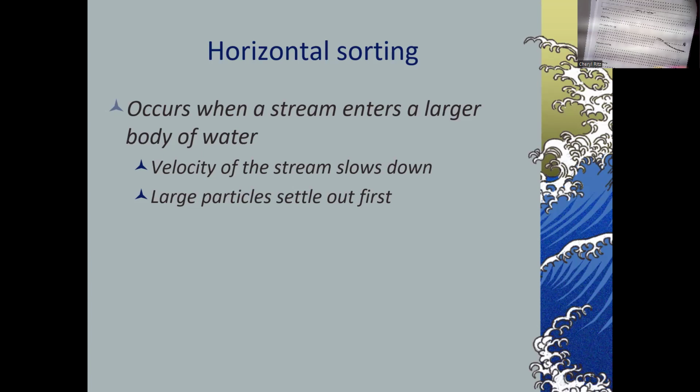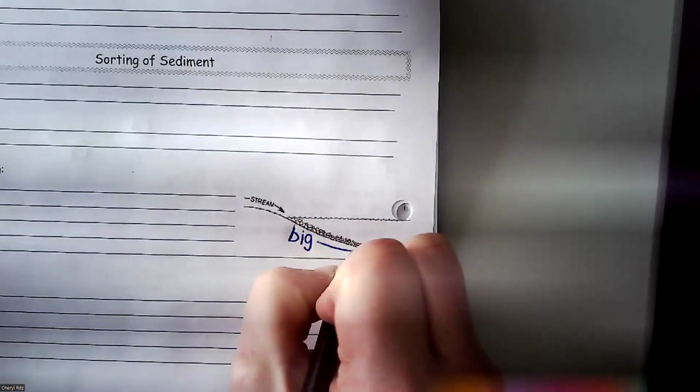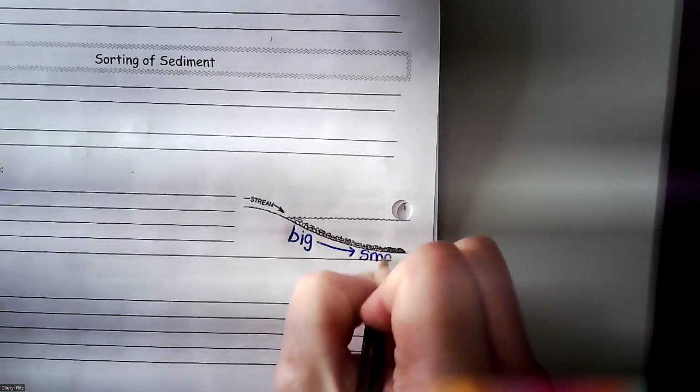Okay, so that picture that I'm talking about right here, what do you notice? So we've got the stream, a stream was flowing, enters the lake. And what do you notice about those rocks? Yeah, Chris, what do you see there? Bigger ones. Yeah, big, and if you need to label that, big to small.